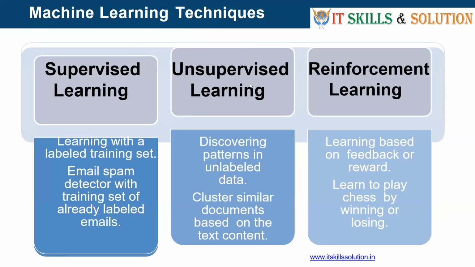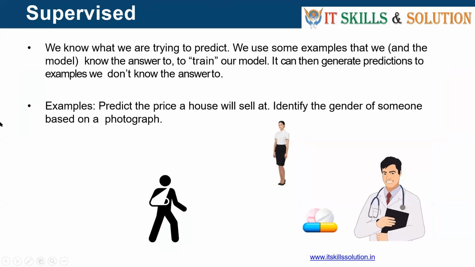Okay, so now there are a few machine learning techniques, and basically there are three kinds of machine learning techniques: supervised, unsupervised, and reinforcement. So yes, these are basically the techniques. If I talk about supervised, supervised simply means that you want to predict,